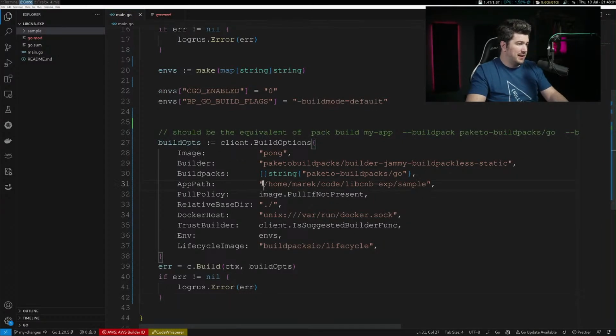Oh, you know what? I actually didn't do this. I'm gonna move this back to how he had it. The relative path was not working for me, so actually